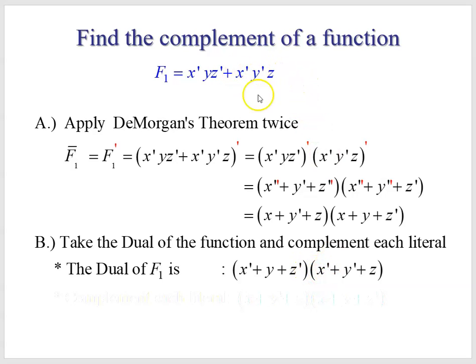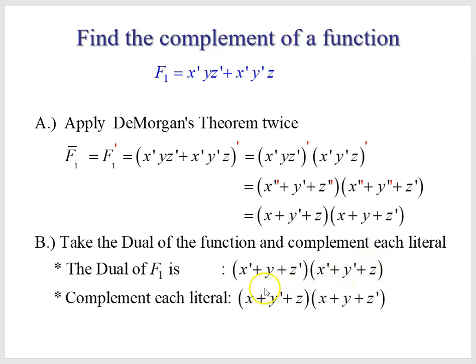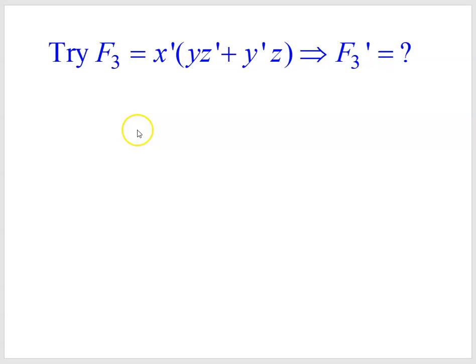And of course this AND term becomes this OR term. And then we complement each literal internally, and we end up with the same result. So if we want to try that on this function here, f3, why don't you pause the video and give that a try. All right, by using De Morgan's theorem, we will just show here our f3 prime,